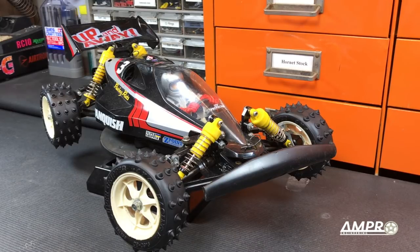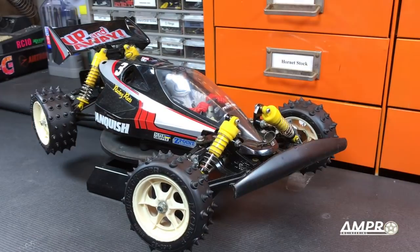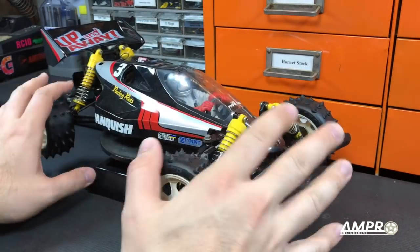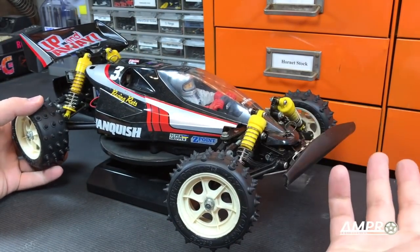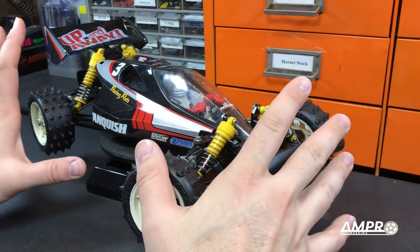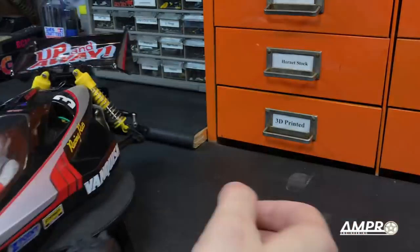This is going to be kind of different because I don't think anybody's ever heard me talk about the Vanquish. The Vanquish has always been one of those cars that I thought looked spectacular. Now, I don't want to dive into the cosmetics or the performance of the car because we are going to have a buyer's guide on the Vanquish coming up shortly. What I wanted to talk about was when this Vanquish arrived,